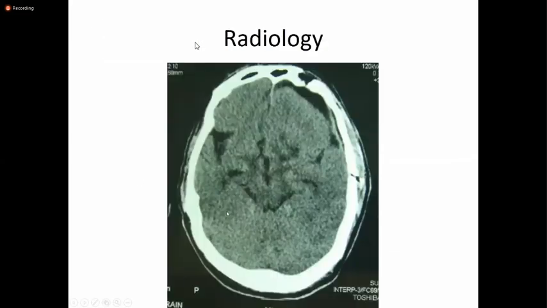This is very important. A cut or slice of the CT scan. If you understand this basic, this is the smile-shaped system. This is the basal system, just like the smile of a cartoon. This is known as the quadrigeminal system.